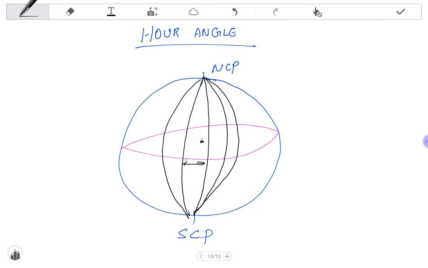Sorry, my mistake. It is the arc of the equinoctial, or angle at the celestial pole,